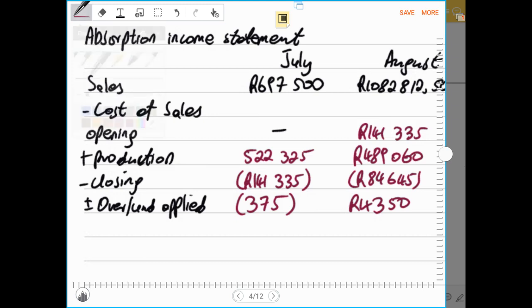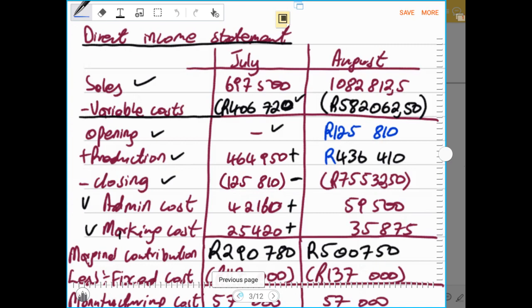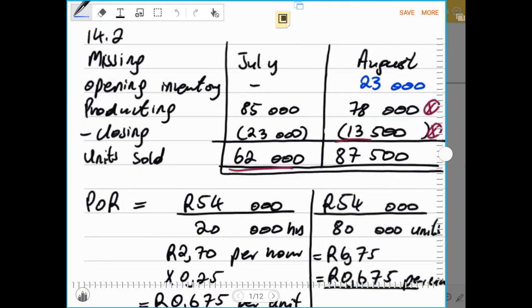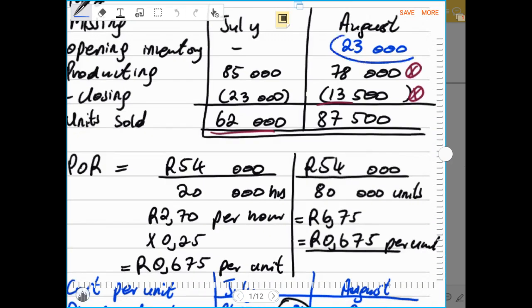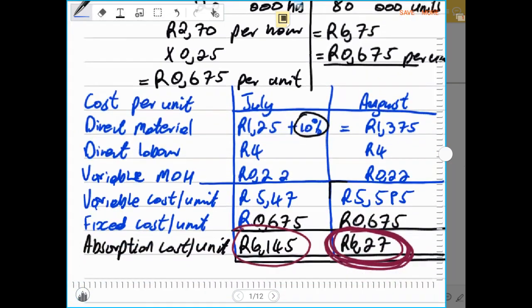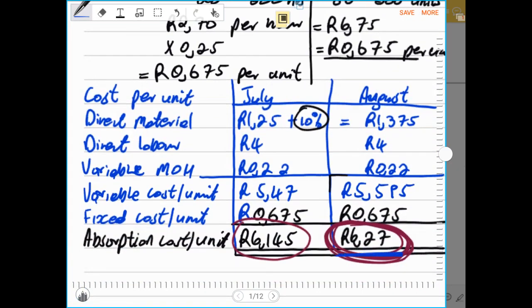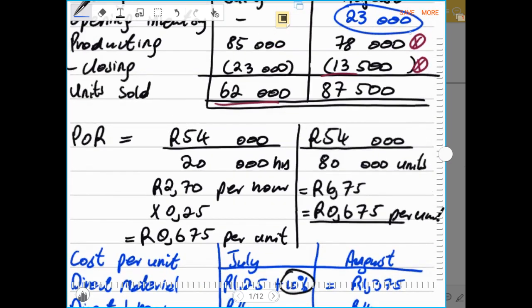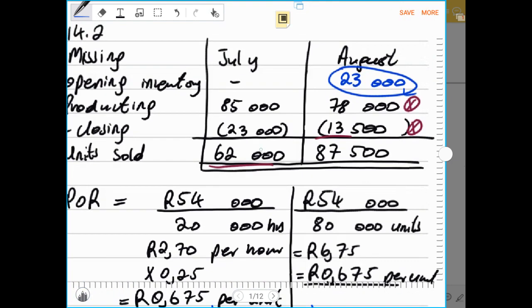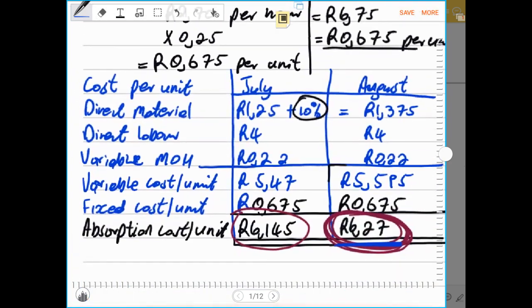Don't forget this once again. Our opening units is 23,000 units. But this 23,000 is not based on the production of August. This 23,000 opening was produced in the month of July. So now it came here and it was transferred here. So when this 23,000 was produced in July and was not sold, remember it was produced when the cost was still